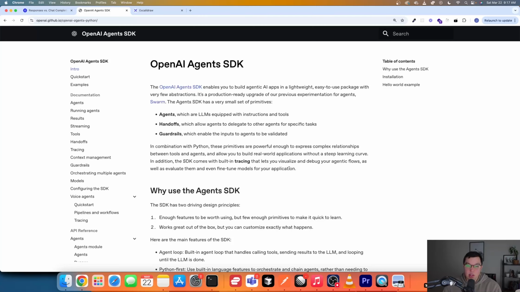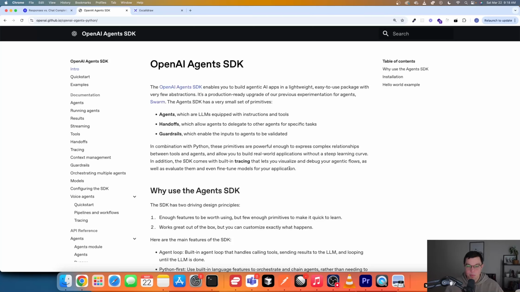But essentially, it is a library that facilitates a lot of the stuff that we were just looking at in our last example, and a bunch more. When you're building these systems, there are a lot of different things that you have to handle. One thing we briefly mentioned before is a chat history between the user and the AI agent. If the user is going back and forth with this agent and asking multiple different things, you need a way to manage that history and provide that context to the different agents that you're using.